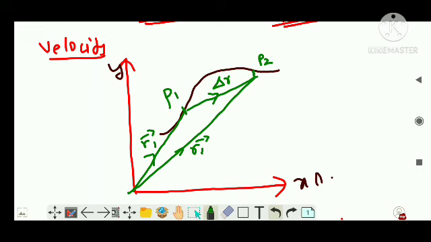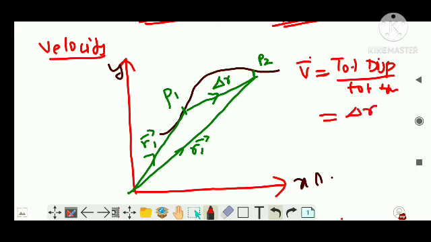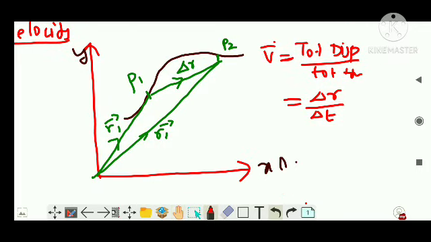So how would you write average velocity, guys? Average velocity is represented by V dash, which is just a symbol, a dash. This V average is total displacement by total time. You know the equation, right? For the graph, total displacement is delta r, and total time change is delta t. So this is the proper equation for average velocity, simple, right? Oh sorry, I wrote an arrow. This is average velocity. I have not expanded it, we have just started.